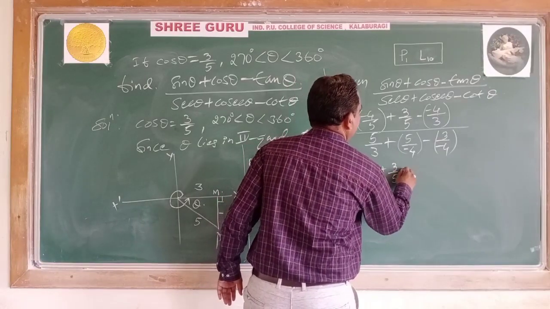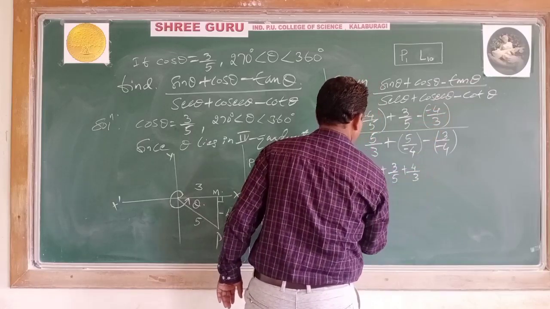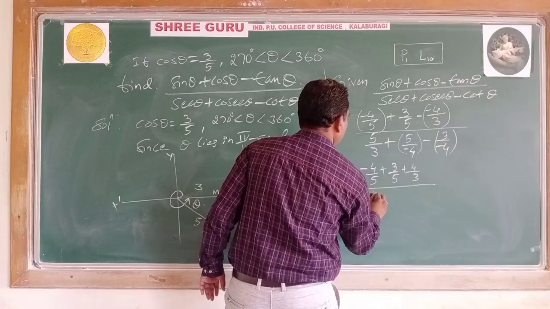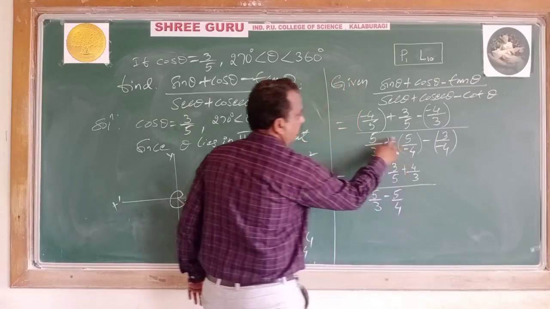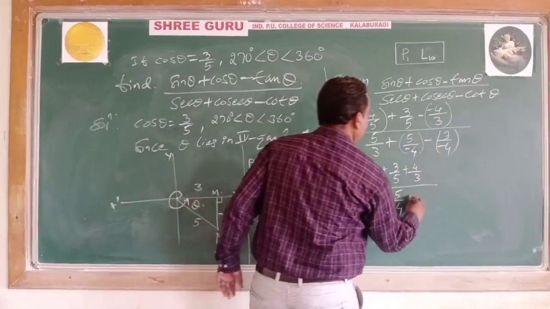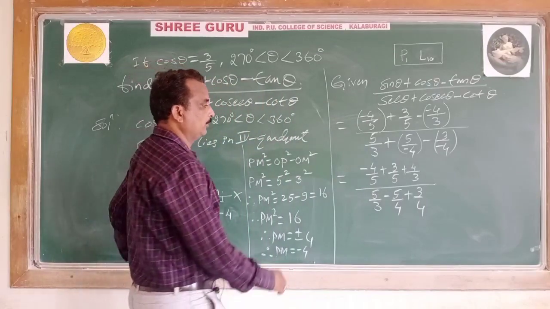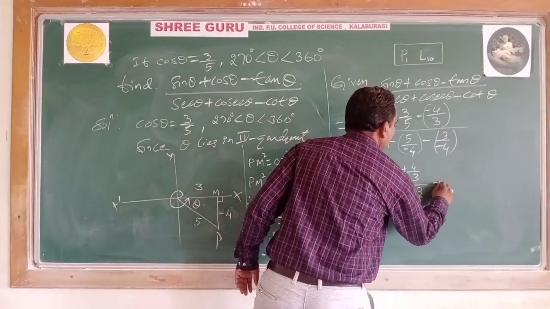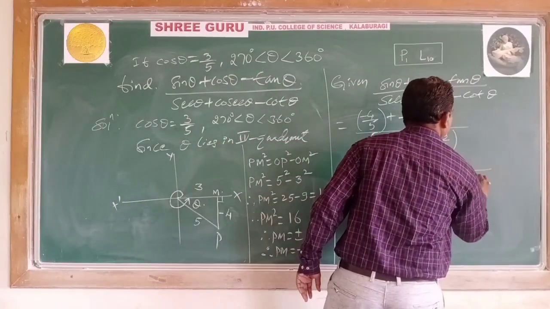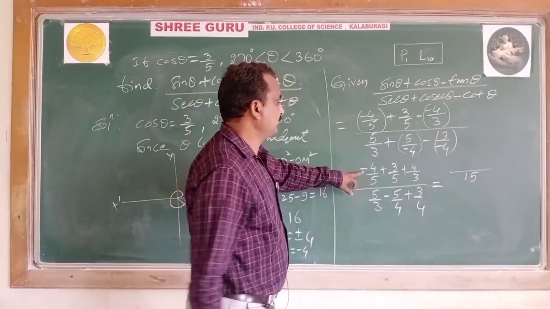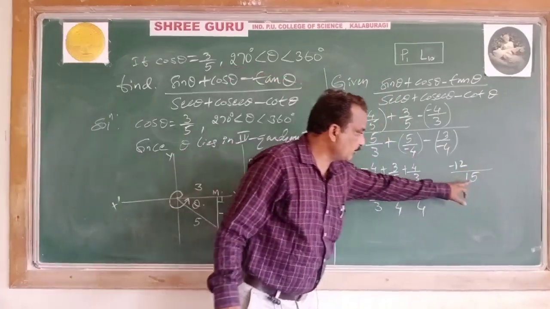Plus 3 by 5 minus of minus plus 4 by 3. Simplifying, divided by 5 by 3 minus plus minus 5 by 4 minus plus 3 by 4. Take the LCM separately in the numerator and denominator. What is the LCM in the numerator? 15, yes, 15. You should multiply by 3, 3 4s are minus 12. Yes, 15 is the LCM here.